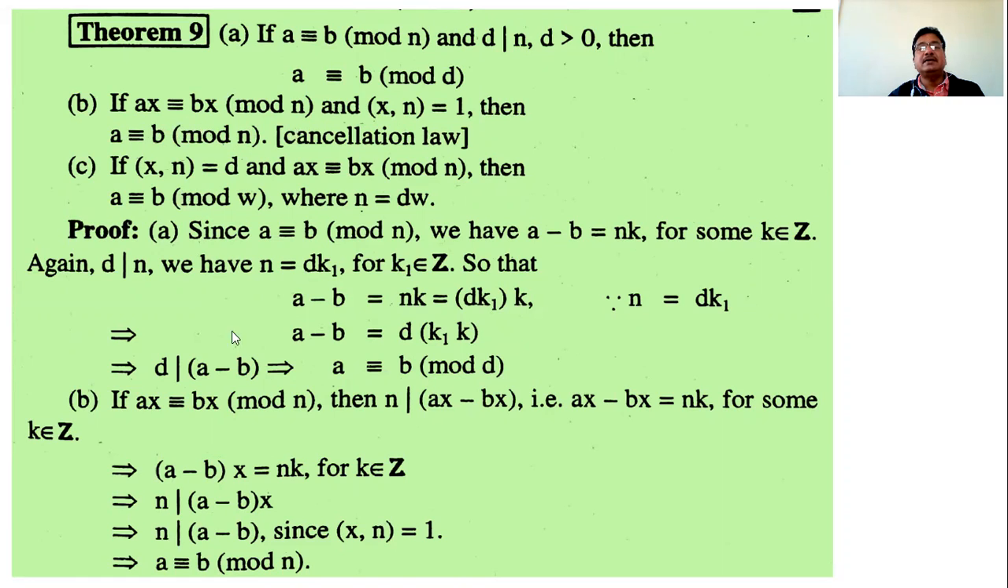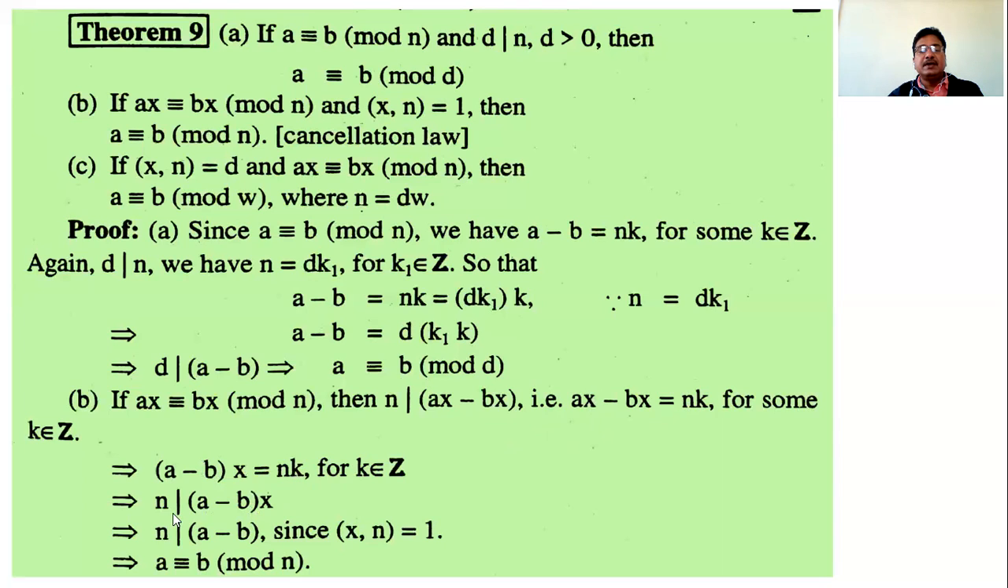So what is given? AX is congruent to BX modulo n. This implies n divides AX minus BX by using the definition of congruence relation. And therefore AX minus BX is expressed in the form n into some integer, say K. Then we are also given that the greatest common divisor of X and n is 1. So AX minus BX is equal to nK. Taking X as common, we have